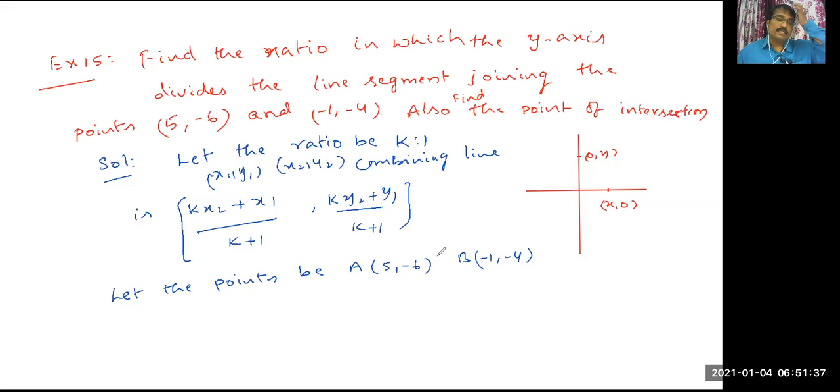So here the ratio is k is to 1. Next we will find that. The coordinates of the point which divides